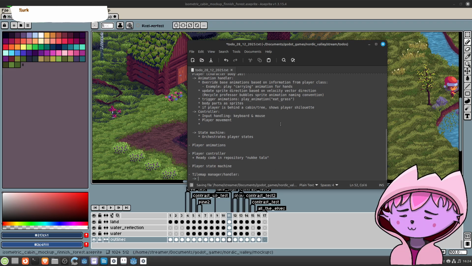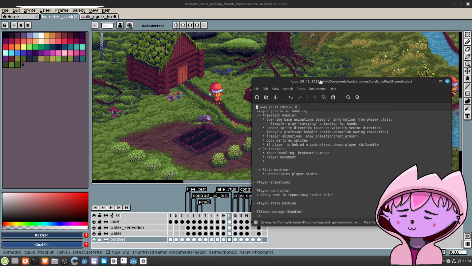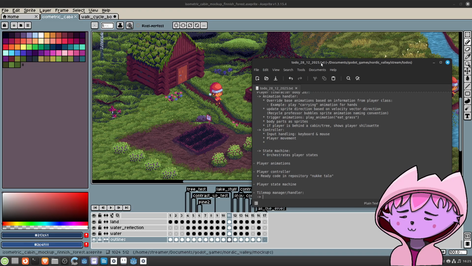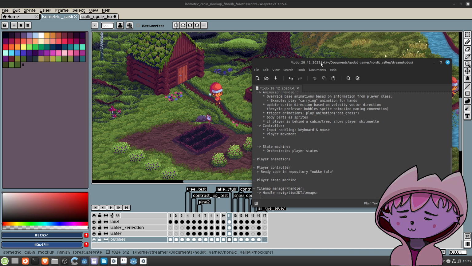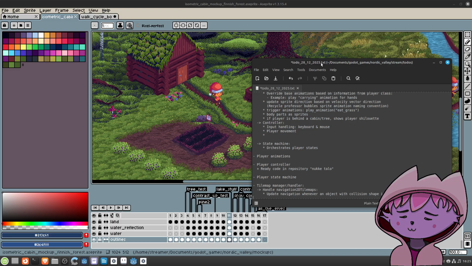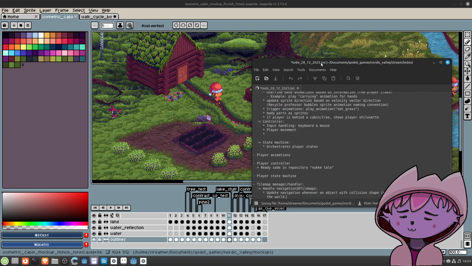And the purpose of that handler is to handle navigation to the tile maps, update navigation whenever an object with collision shape is entered to the world.